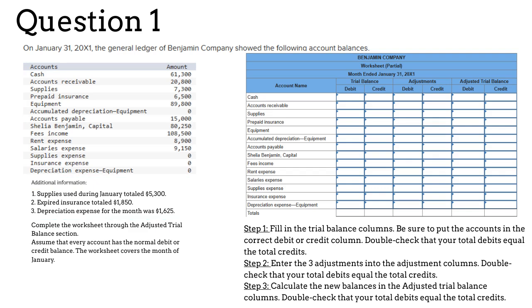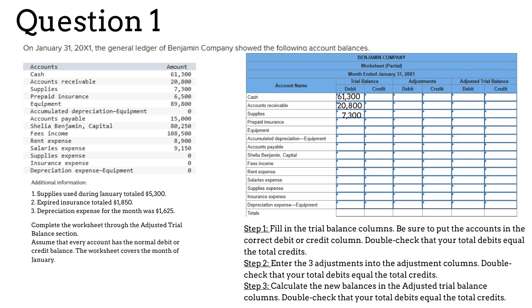Cash is the first account listed in the worksheet and we transfer $61,300 into the debit side of the trial balance column because cash is an asset and, with only few exceptions, assets have a normal debit balance. Next is the accounts receivable account with $20,800 and the supplies account with $7,300. These accounts also have a normal debit balance, and that is why they are entered into the debit side of